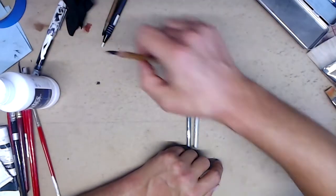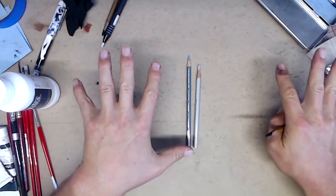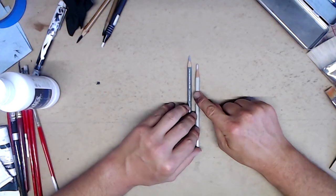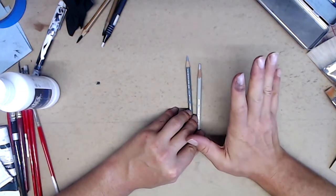my drawing in, let's say, a charcoal pencil, as soon as water hits the charcoal stroke, it's going to dilute the mark, it's going to disappear, and then most importantly, this charcoal is going to mix into your paint and give you dirty colors. So you want to work with a wax-based pencil. Prismacolor is my preferred choice, but look, any color pencil,